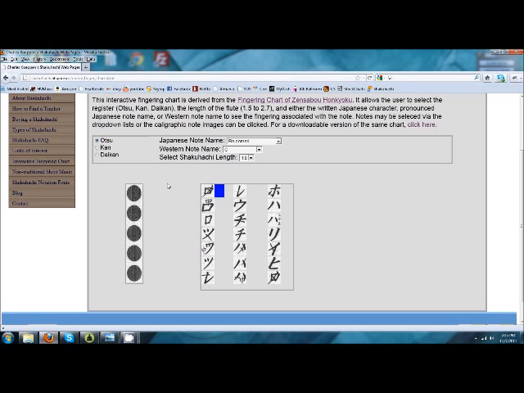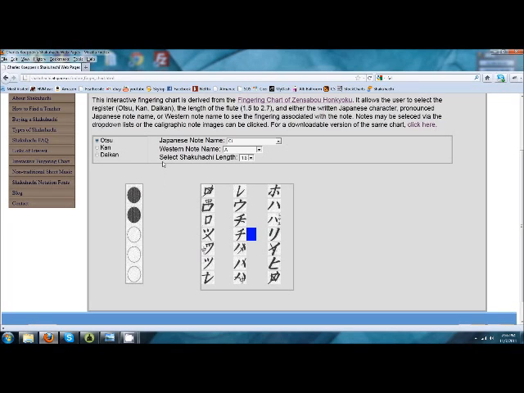Now, the way you use the chart is, say you're going through and reading some music and you see a character that you don't recognize. And say it's this one right here. This one, I already know that it's for chi, but I'll use this for demonstration purposes. So I'll click on it. And not only does it give me the fingering for chi, with the thumb hole and index finger hole closed, but it also gives me the Japanese note name, chi, the Western note that sounds when you finger that note, A,